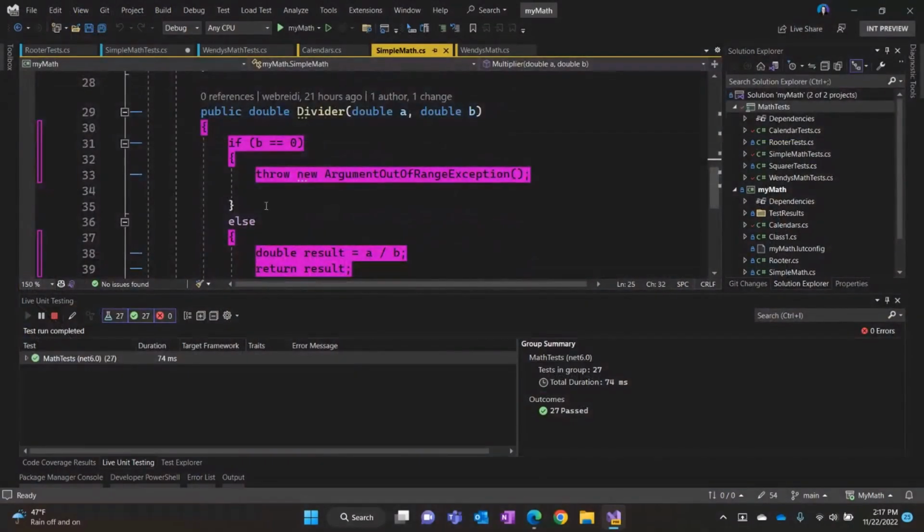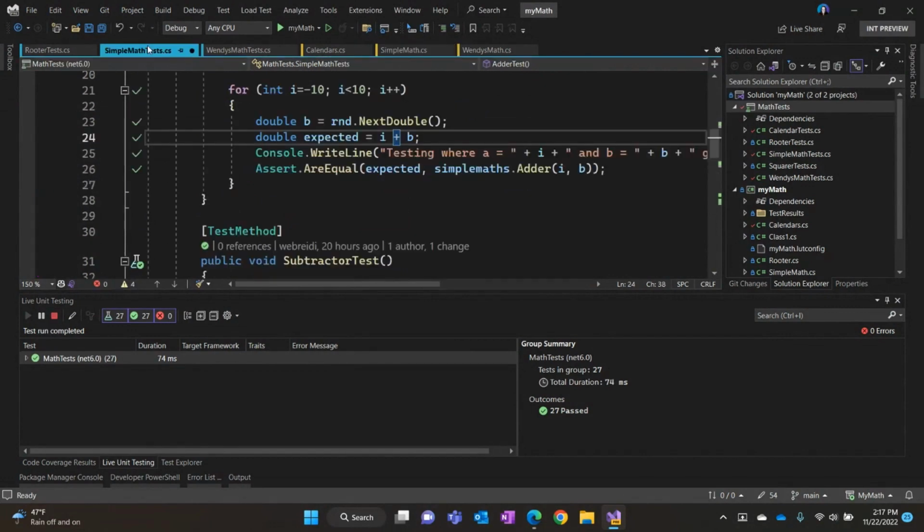And of course I can add more. You can still see my code coverage and the files. This is one of the features that I absolutely love because you get to see in real time the impact that you're having on the code as you're making it. When you're working, especially in enterprises where you're fixing a problem, you want to make sure that you're not introducing any other problems while you're doing that.